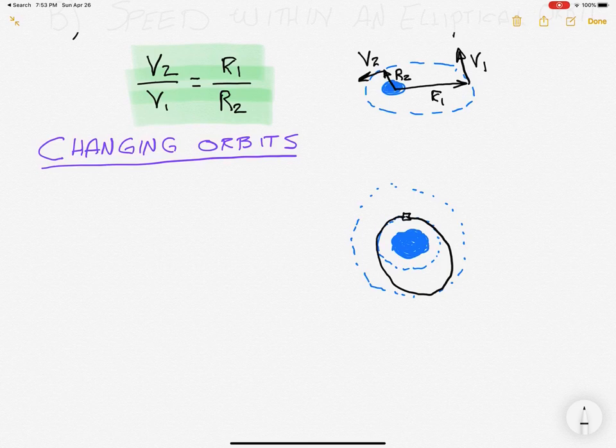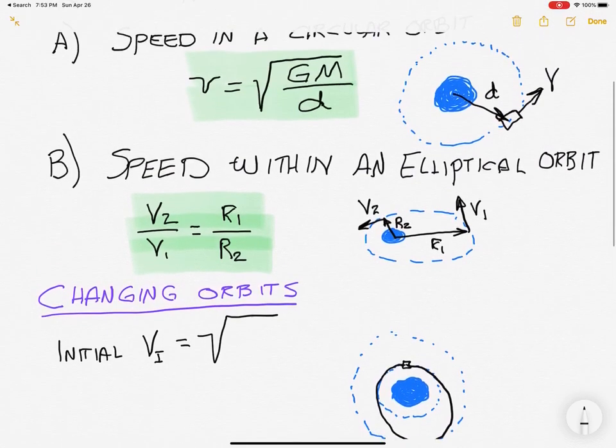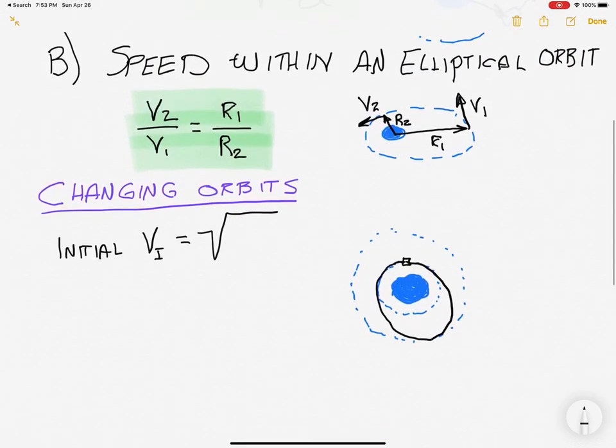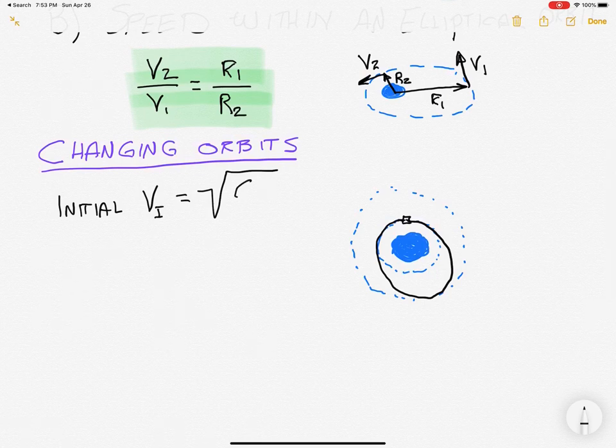So initially, we know that the inner velocity is equal to the square root of GM over d. GM over d. Then that inner velocity